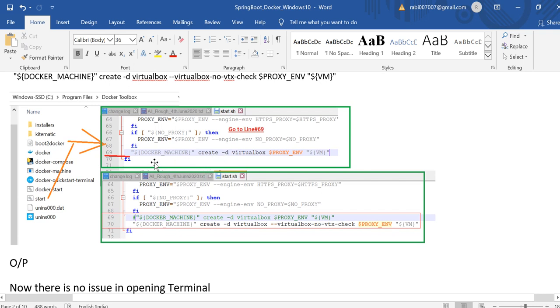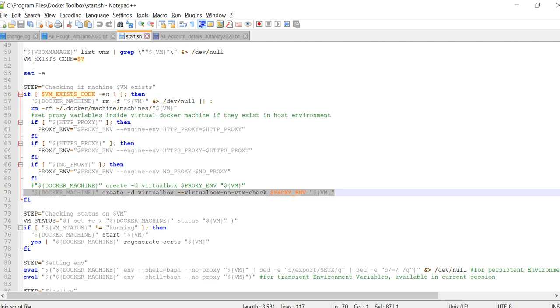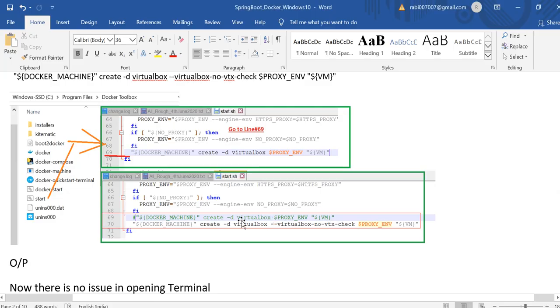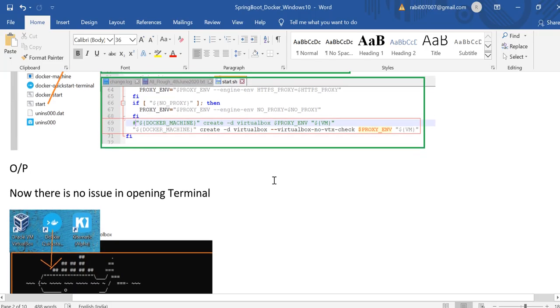On line number 69, you will find it. I will replace this VirtualBox proxy environment with this text: no VTX check, proxy environment @VM. So this one you need to replace.